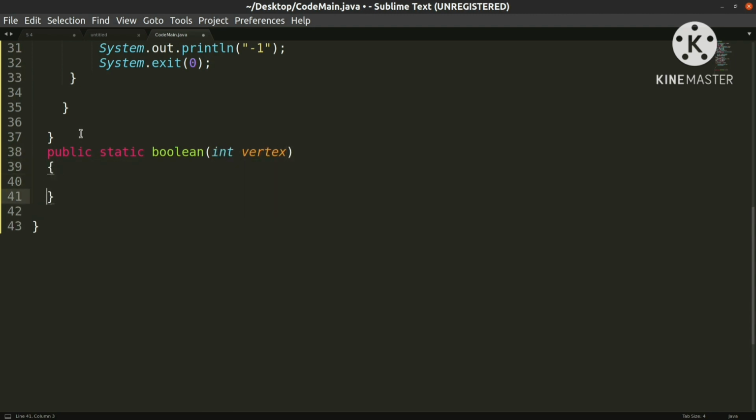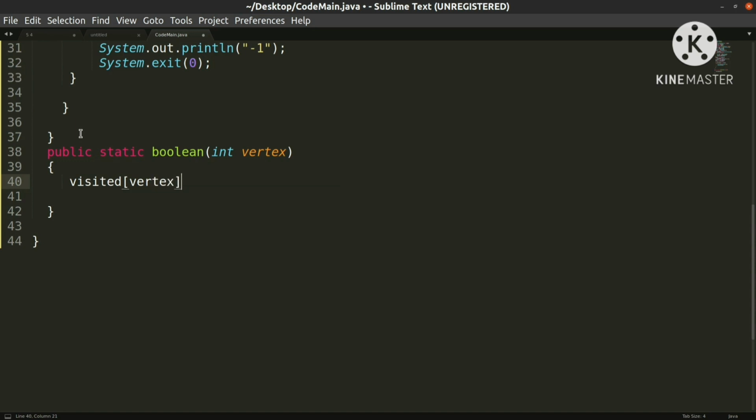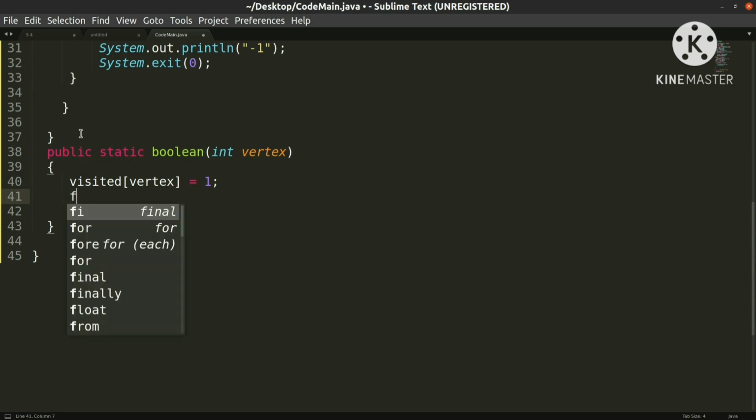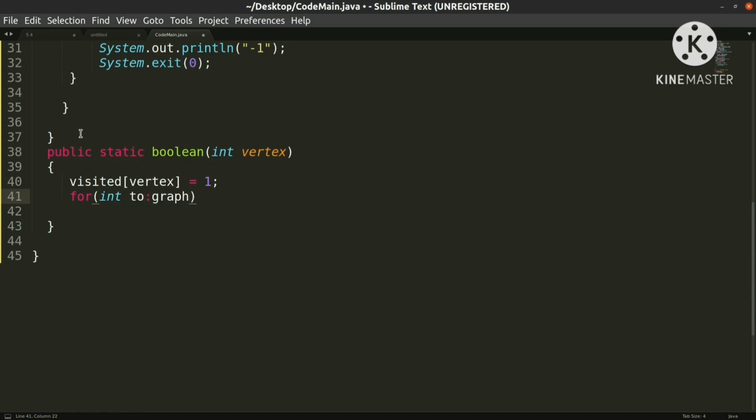We will pass this vertex, and whenever I visit DFS on that particular node, I have to mark it as visited, because DFS is being done on this particular vertex. That's why I have to mark it as 1. And also now I have this graph structure, and that's what I have to traverse here. For example, for node 1, if there are 2 nodes connected to it, then graph at position 1 will have 1 directly connected to 3, 1 directly connected to 2. So in this graph we will have 3, 2. That's why I'm visiting the nodes which are directly connected to that particular index 1.